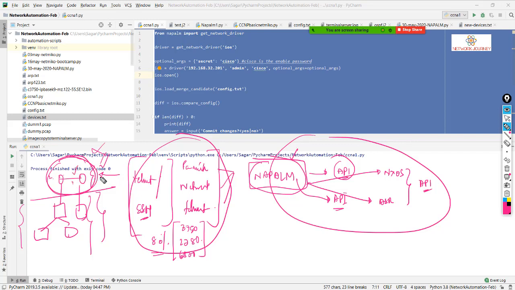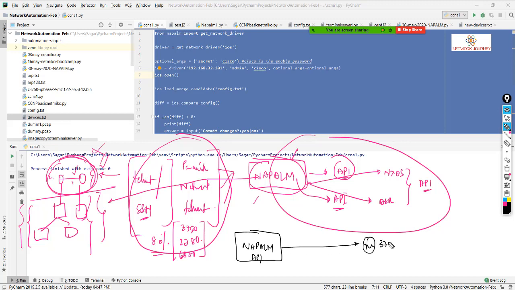Okay, but now what about the traditional devices? How about these devices? Is NAPALM going to be compatible with these legacy boxes? Yes, it's going to be. So what we are going to do is, let's say I have NAPALM, which is by default on unified APIs, and when I'm dealing with a 3750, now I will make use of Netmiko's SSH properties.